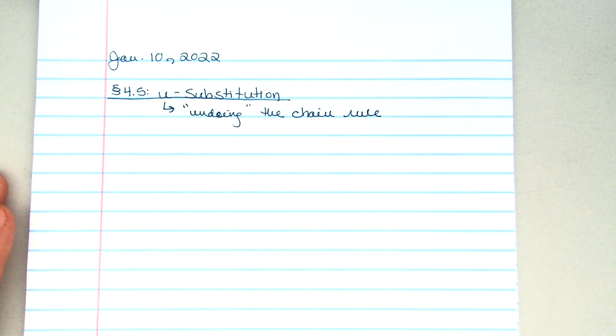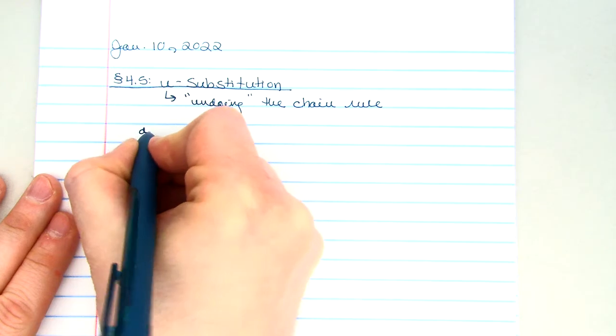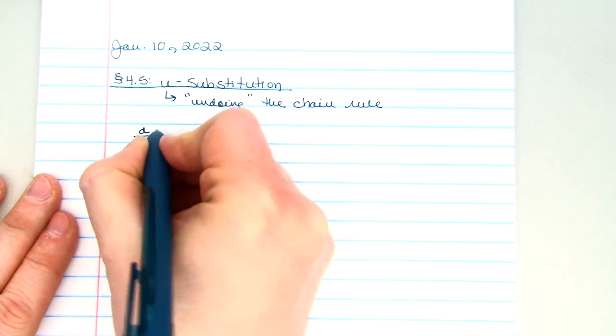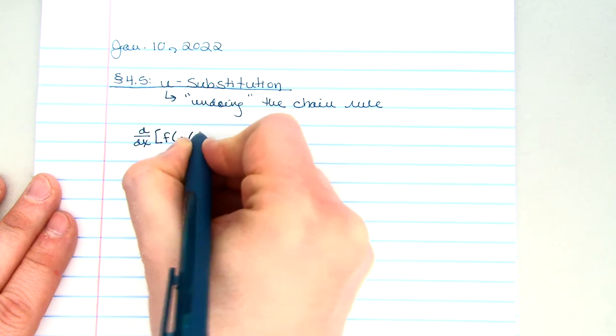So I'm going to start with probably about 5 minutes of how this thing is working, and this is maybe a little more abstract than usual, but do stick with me. The rest of today will be examples of how we actually apply this thing. So even though this may seem a little abstract in the beginning, please do stick with me on what we're about to do here. First of all, the derivative of f of g of x